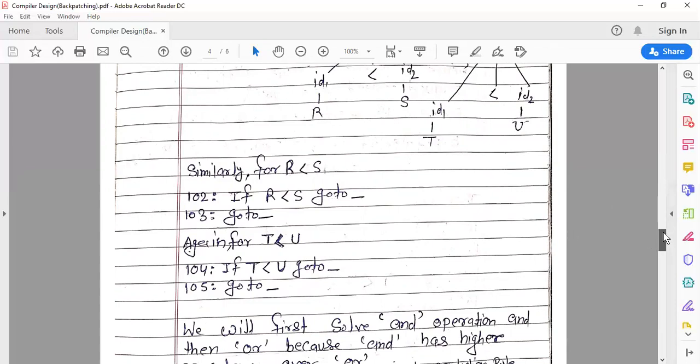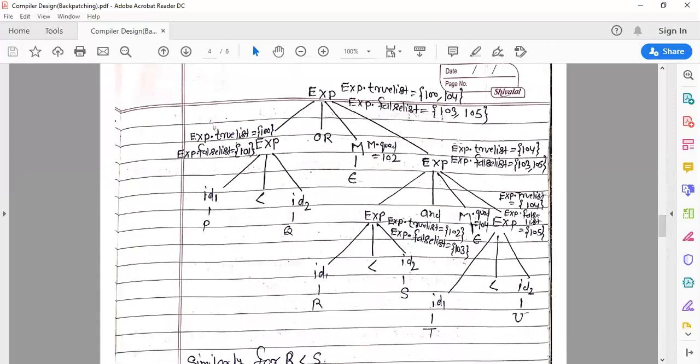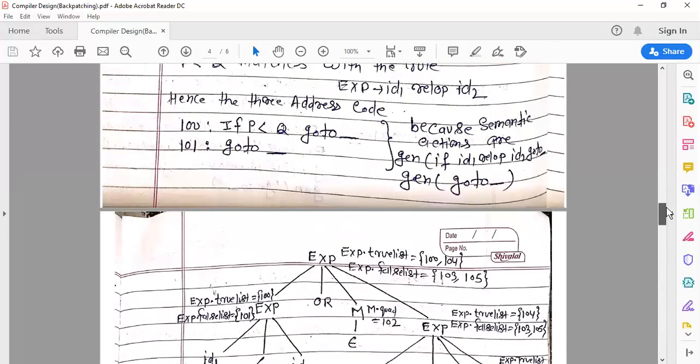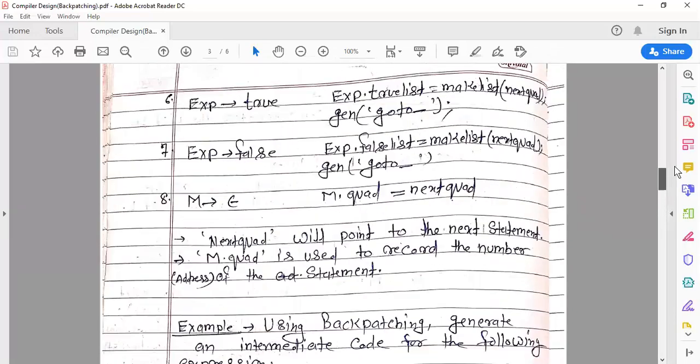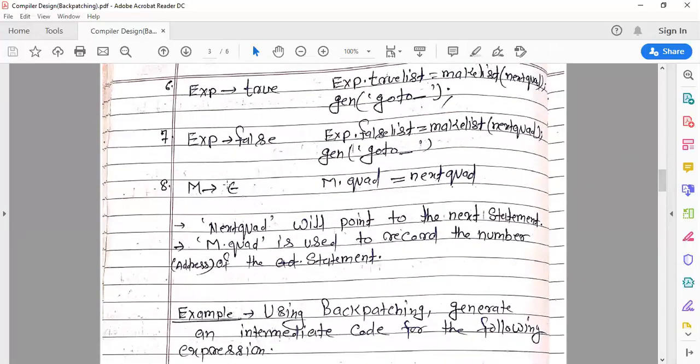Okay, now after this we find the reduction: this epsilon is reduced by the capital M. When epsilon is reduced by the capital M, then you go to this production. So M.quad is equal to nextquad.